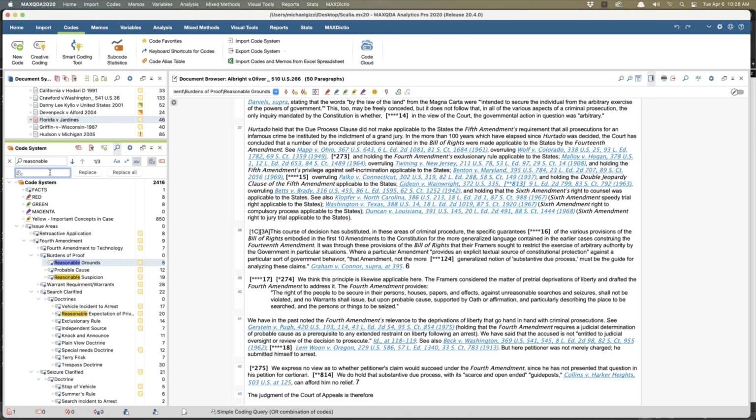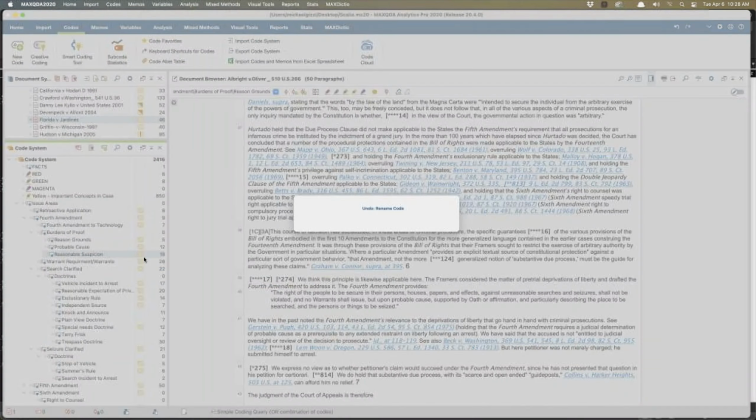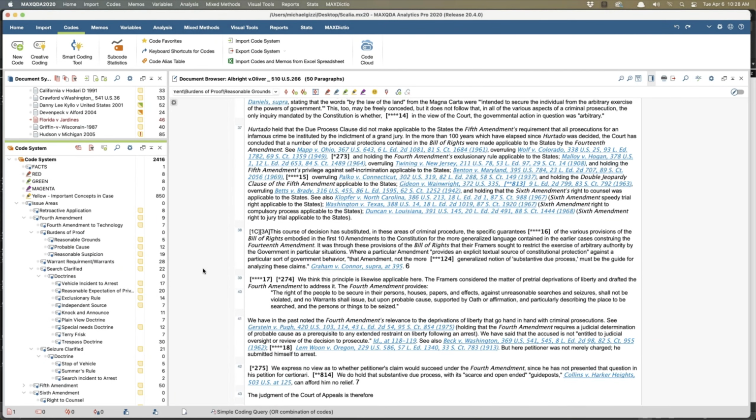So we could take reasonable and turn it to reason. And it just changed it. Very useful. Now, I don't really want to change the name of that, so I'm just going to hit Command Z on my Mac and undo that change.